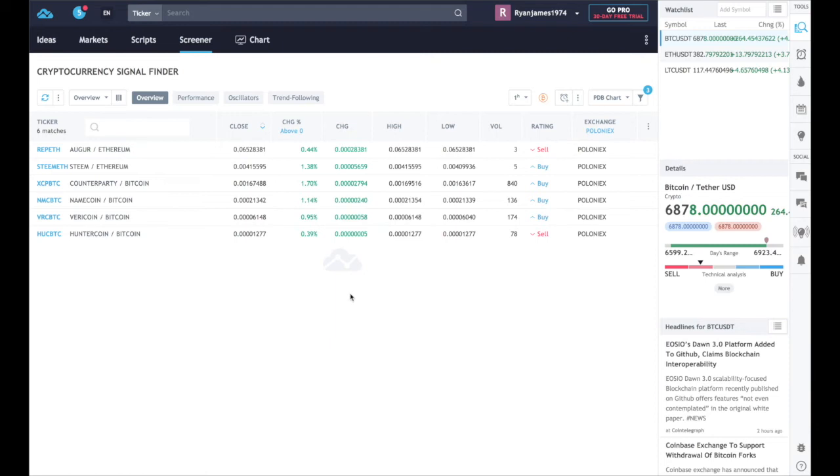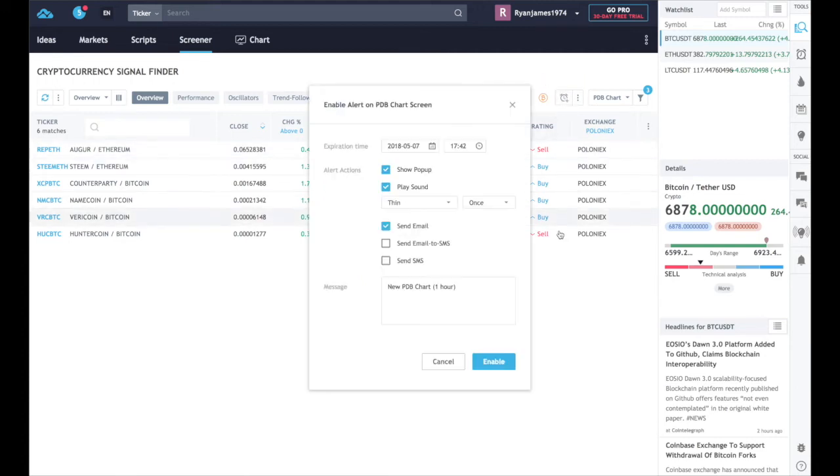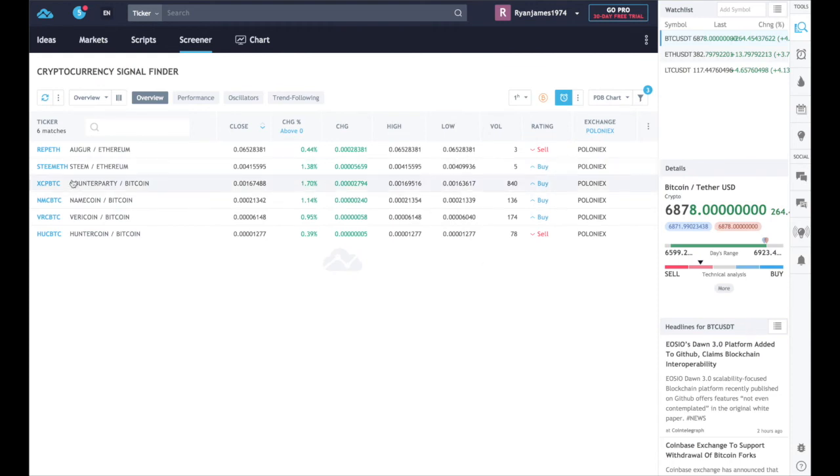And of course I can add other filters to that, but where it gets really good is that I can set an alert. So if I enable alerts, I can say show pop-up, play sound, send an email, put this text in my email and enable it. So what's going to happen now is that every time a coin appears on this list, i.e. the MACD value crosses above the signal line, and it's on the Poloniex exchange, it's going to send me an